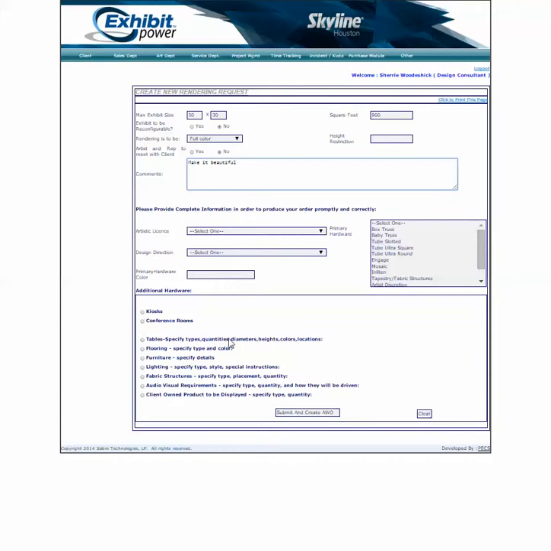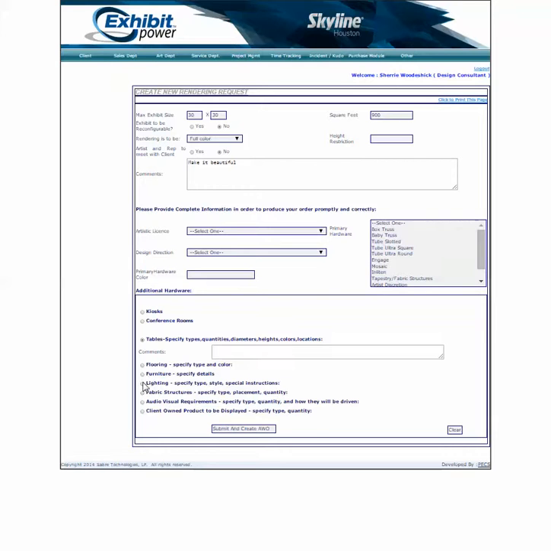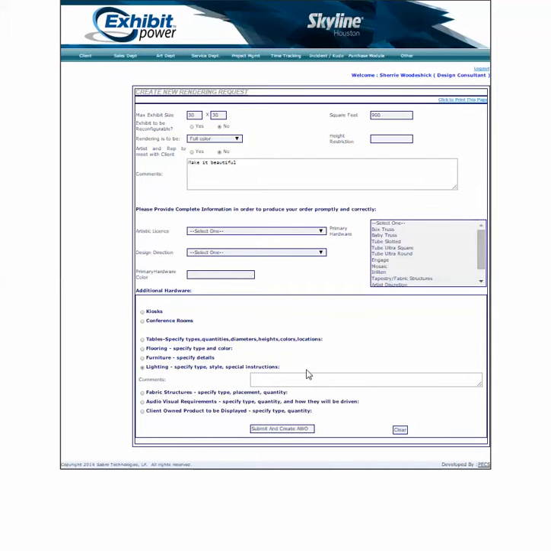Now down here I can choose various special details like kiosks, and I can fill in the information about kiosks, if there's tables, if there's special lighting. So all of this, and I can choose a type of hardware, I can choose the design direction, I can choose whether there's artistic license, and this gives the artist all the information they need to be able to begin doing their rendering request. So let's go ahead and submit this,